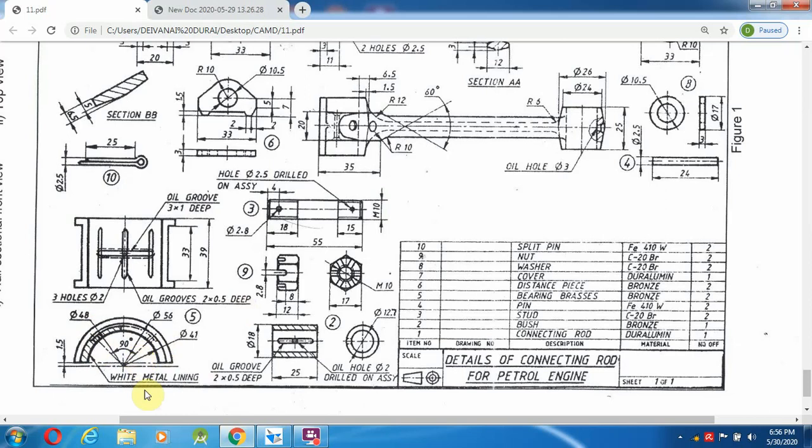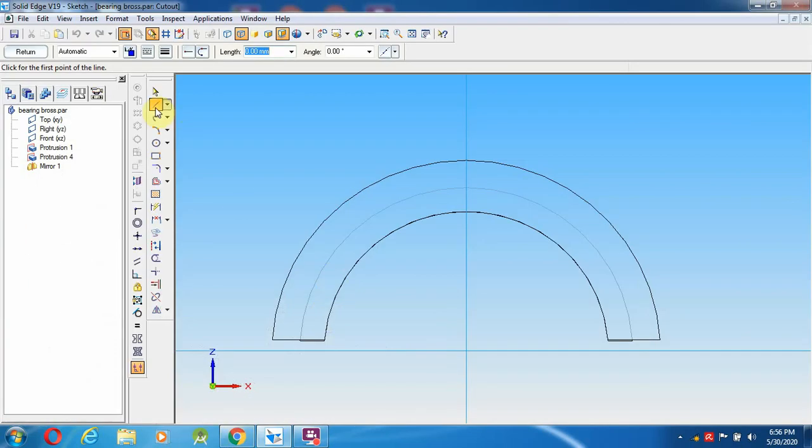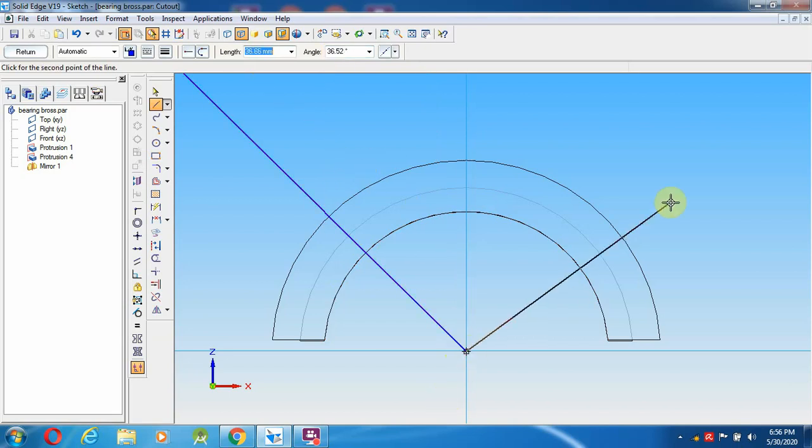Select from here to the angle towards this, which will be 180 minus 45, 135. I'm going to give angle 135. Towards this side, that angle I am going to give 45.